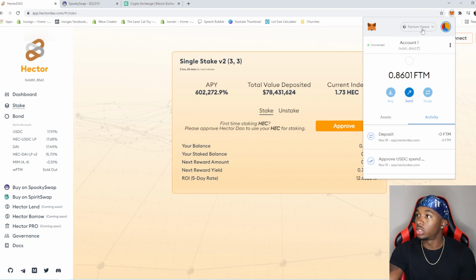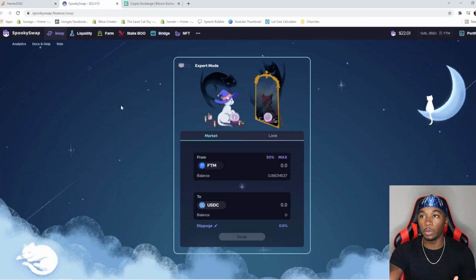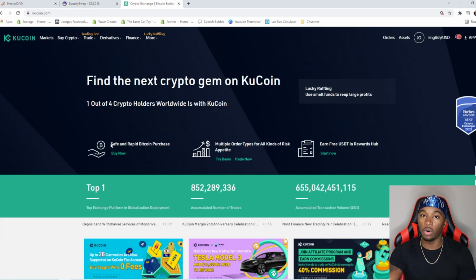MetaMask. So how you can do that very simply, you can either add it yourself, or you can just come on spookyswap.com, and when it tells you to connect your wallet, it'll automatically add that Phantom wallet to your MetaMask automatically, so you won't have to do it manually and type in all the coding and all that stuff. So our first thing is going to be come over here on KuCoin, and we're gonna